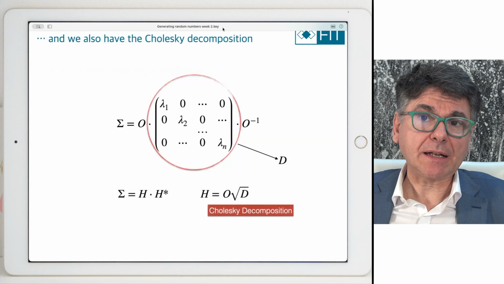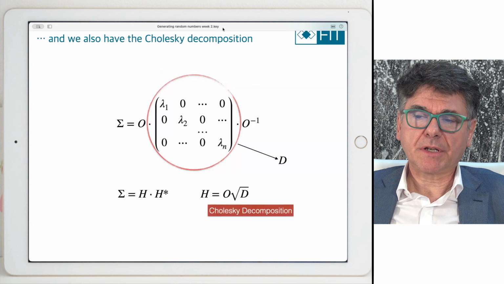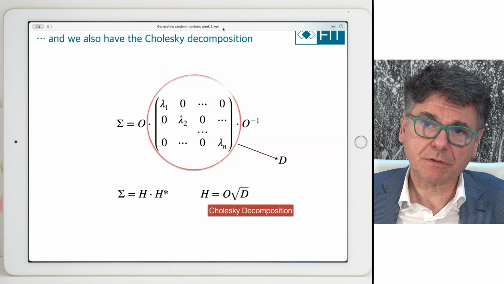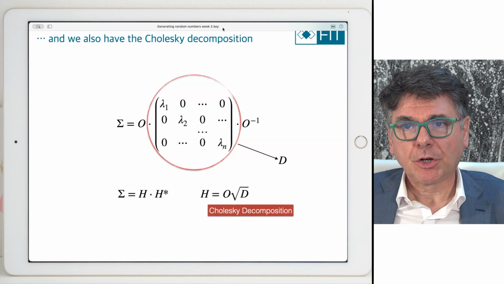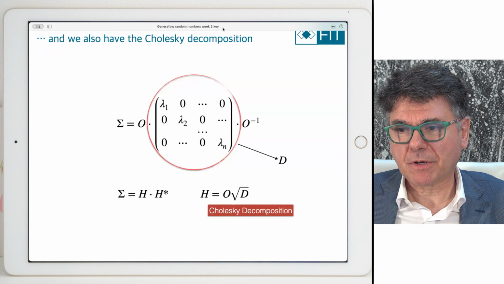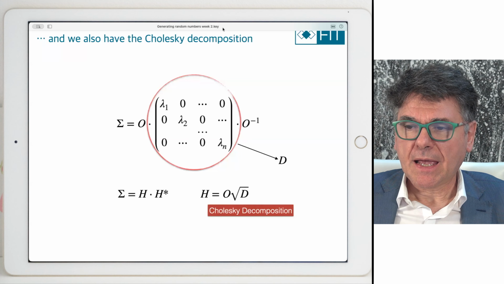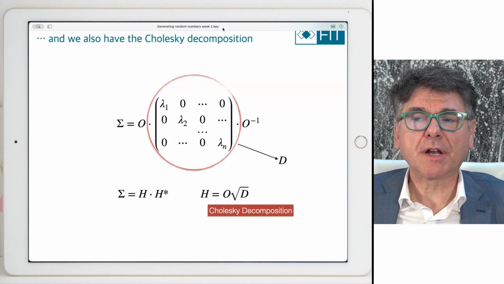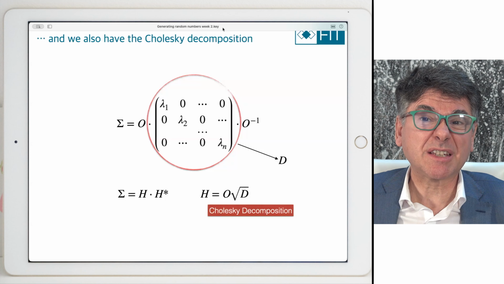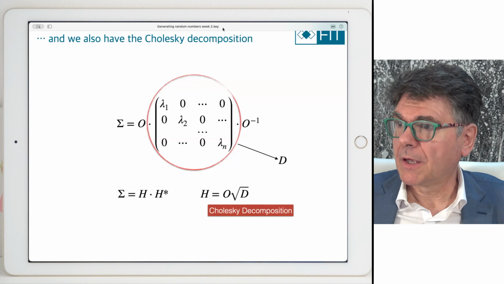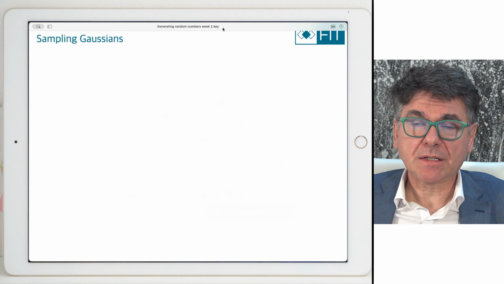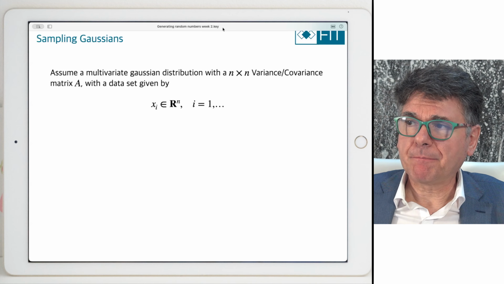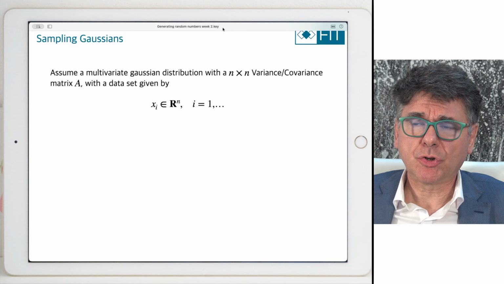There's a better method than that, which is, instead of using the diagonalization, to use something called the Cholesky decomposition, which is a technique from computational numerical methods. The Cholesky decomposition has the characteristic that the variance covariance matrix is the product of the matrix times its transpose. It is fantastic, very, very useful. And this allows me to do the following.